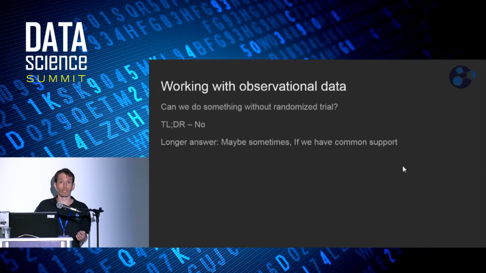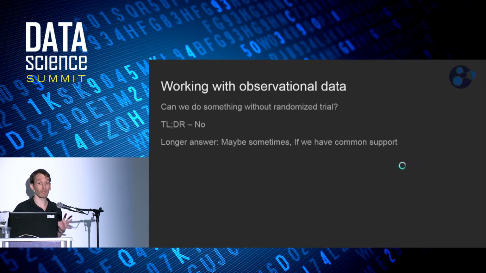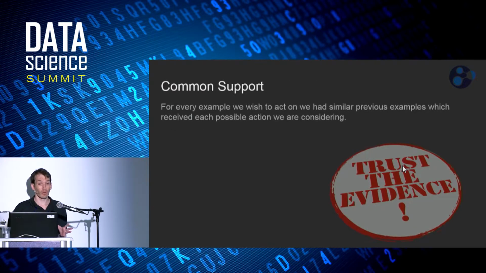So obviously I gave a bit of a fuzzy definition here. Similar, how similar? Because no person was acted upon in two different ways, and no new example. So we need to have a notion of common support, of past evidence to support every action we want to produce predictions on, and not only a single action.